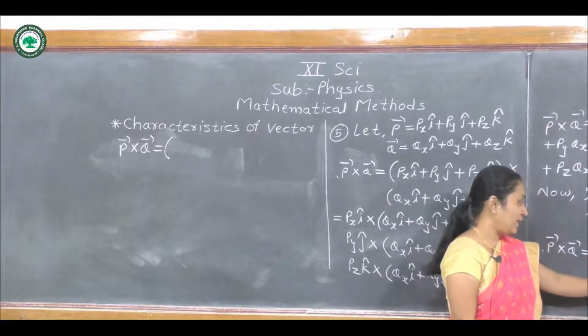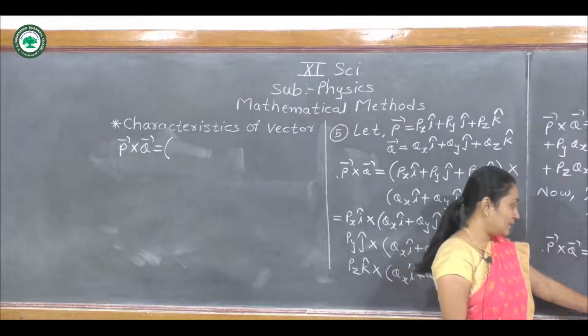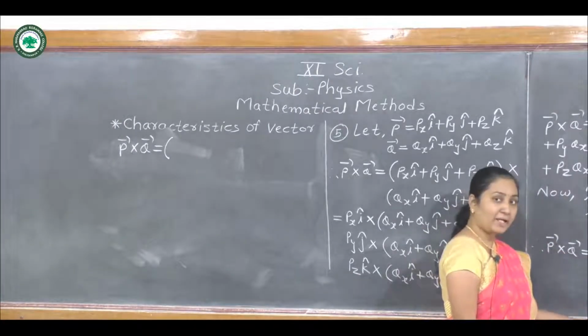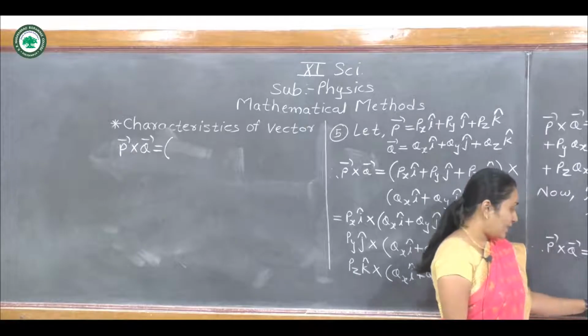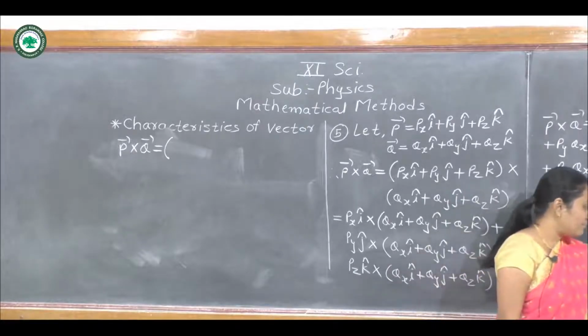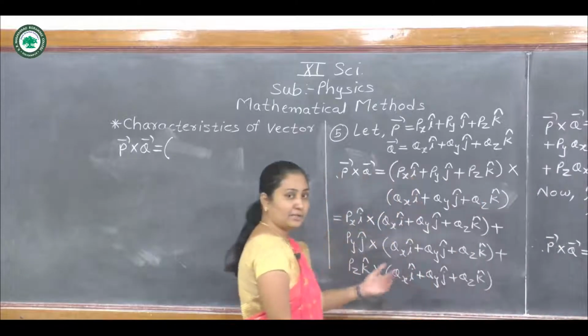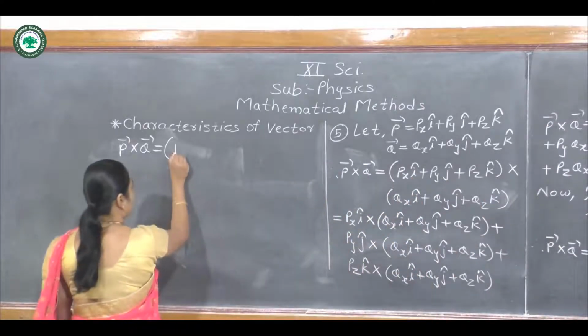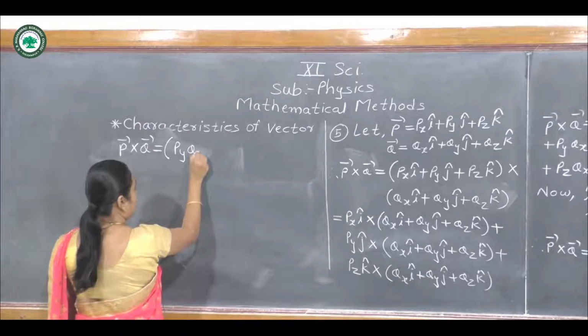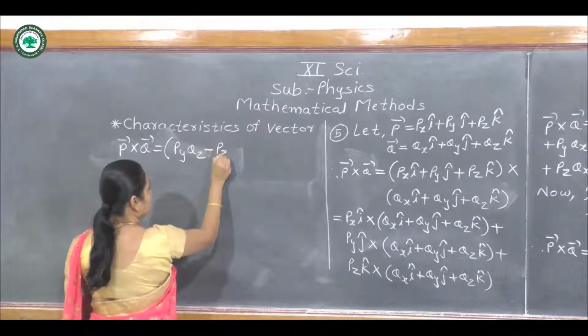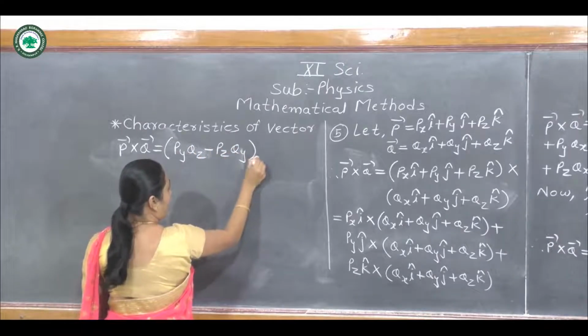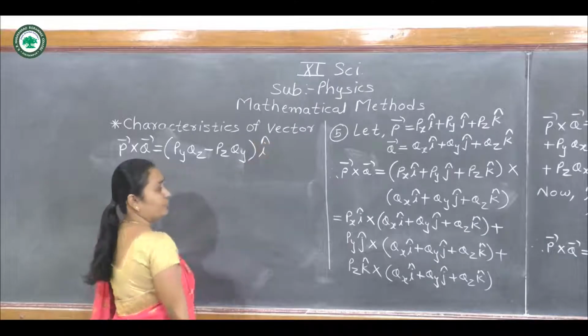If we take vector i common, then the remaining terms in the bracket are py qz minus pz qy, into i cap,